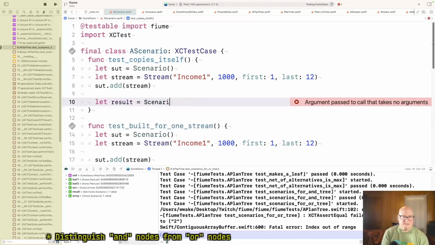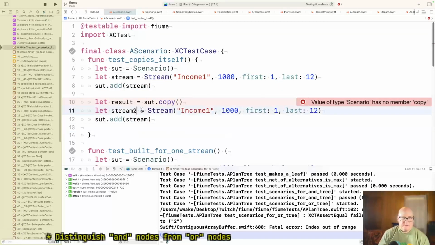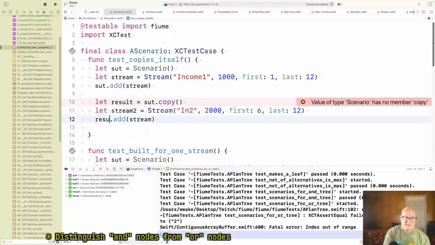Would it be better to just say sut.copy? And if I take that and I add a different stream in, $2,006. Okay. And if I add this to result,